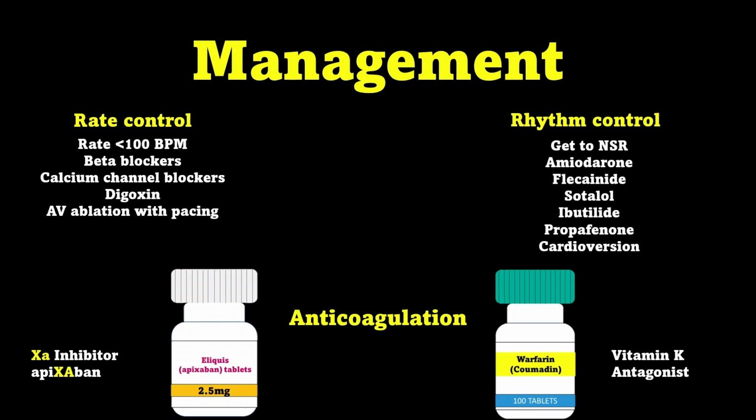Warfarin is a vitamin K antagonist and is an anticoagulant which blocks the synthesis of clotting factors 2, 7, 9, 10, protein C, and S. The way I remember the clotting factors it affects is 2 plus 7 equals 9, not 10. Eliquis is a direct oral anticoagulant, or DOAC. It inhibits factor 10A. In some cases, catheter ablation can be used to destroy the areas of the heart that